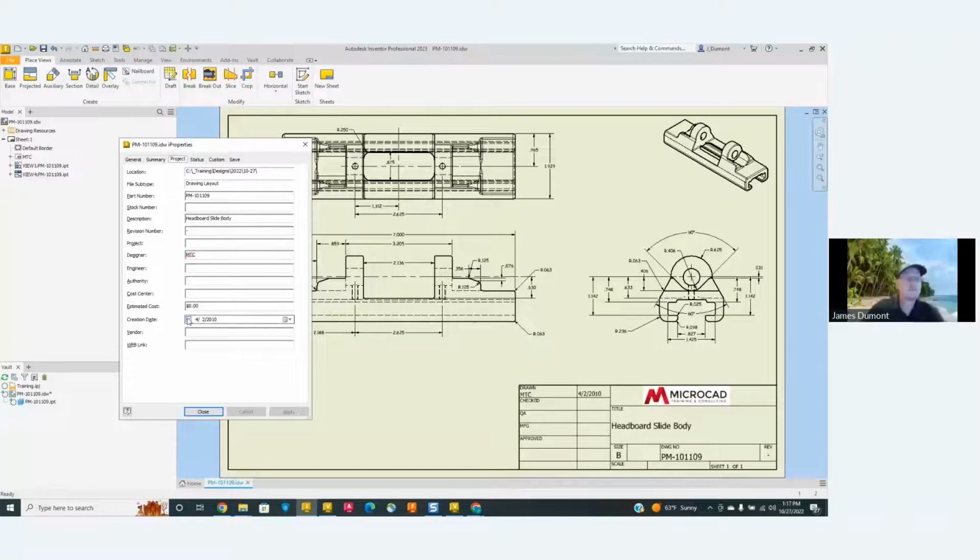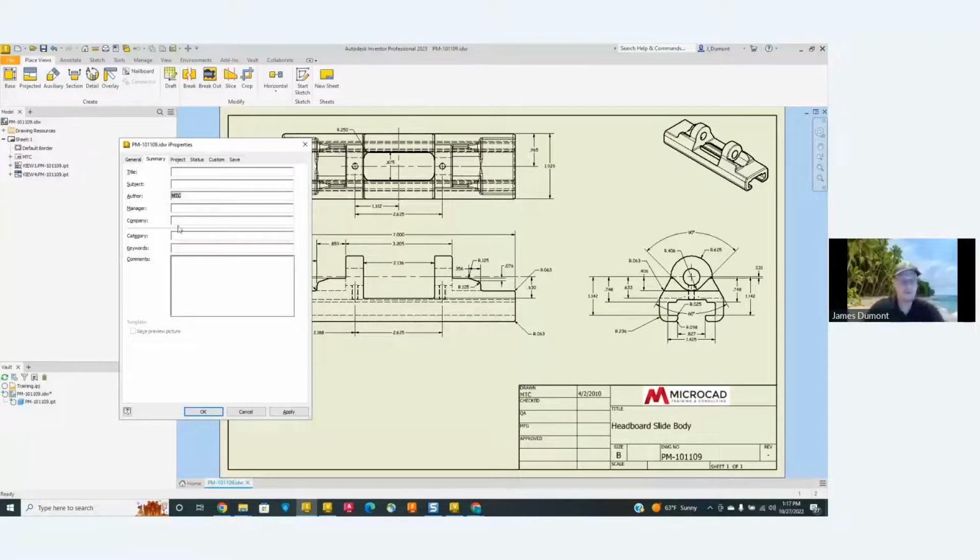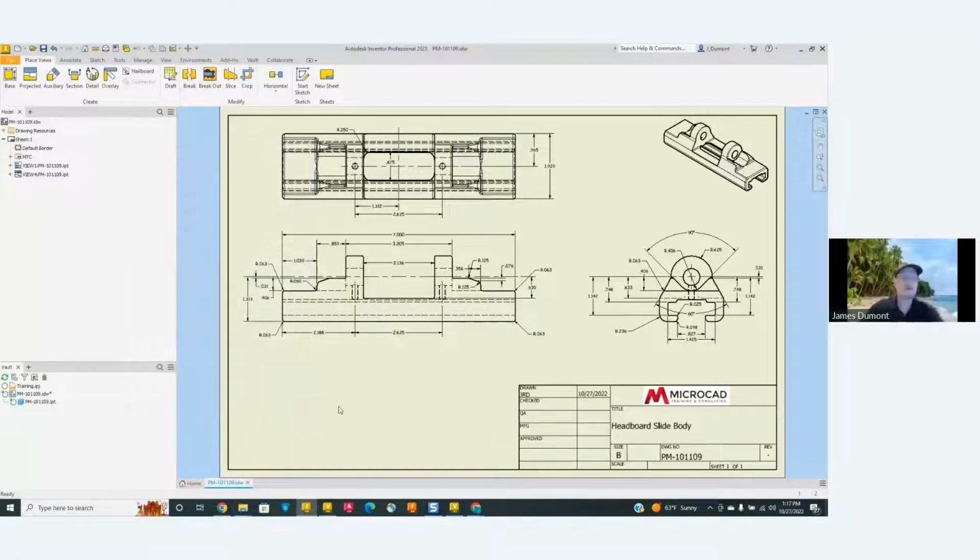So right now the creation date is here. I'm going to shut this off. I can drop this down and then do today. It'll bring in today's date, which is helpful. And the designer, it's going to be me. And also the author is going to be me. So now I'm at a good starting point. So I copied the file, but now I'm taking ownership. Or Phil would do this. He's taking ownership of the file. So there's a lot of picks and clicks. Copying a file is one thing, but if you're using a lot of metadata, that information has to be reset. So you're starting over and starting from scratch. Okay, make sense? Okay, good. All right, I'm going to shut this down and save it.